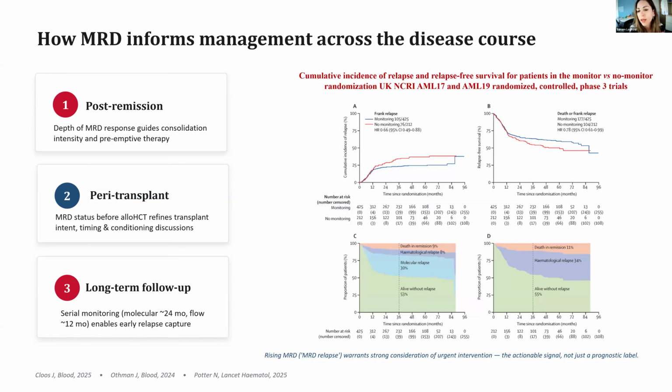And these are, again, the AML 17 and 19 trials that looked at monitoring patients for molecular relapse. You can see that on the left-hand side are the patients that were being monitored for molecular relapse versus on the right-hand side, patients that were not. And you can catch a large subset of these patients in molecular relapse. And if you intervene early enough before the patients are very sick, at least the hypothesis is that they're going